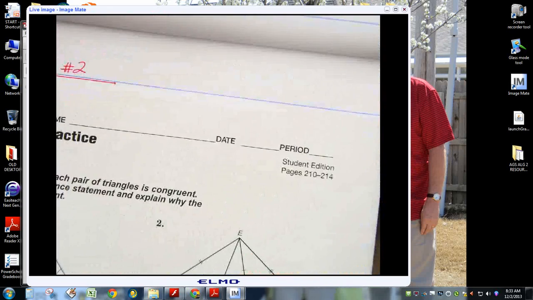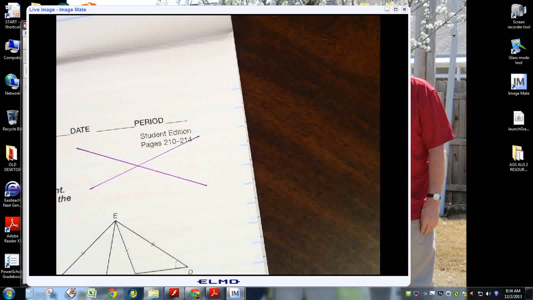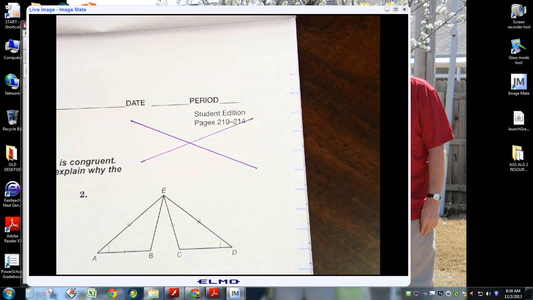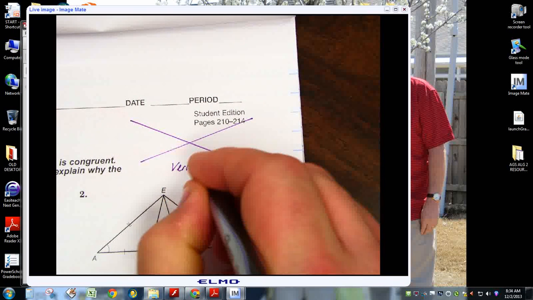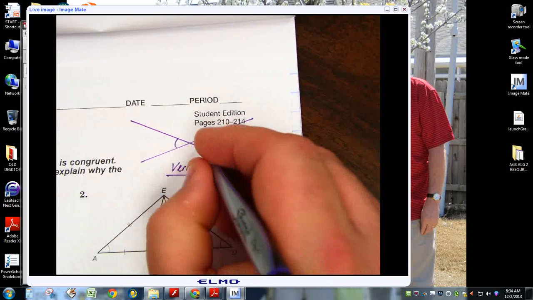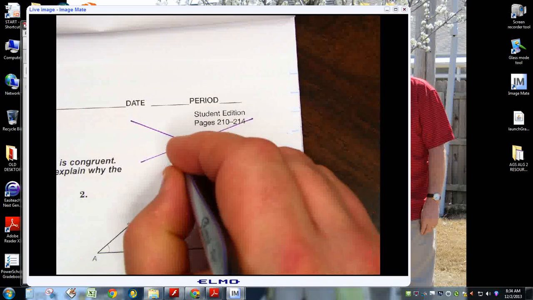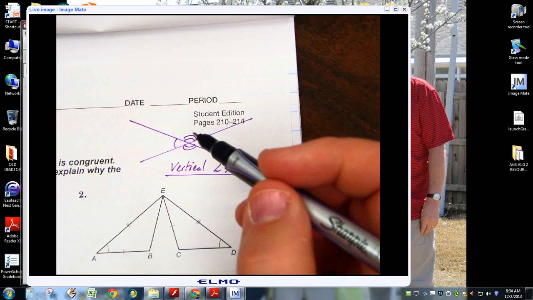First of all, on top of this sheet of paper, can anybody remind me what happens in this situation? What is that called? What do we know about the opposite angles? They're always congruent. So is that something you can look at a picture and know is true? So